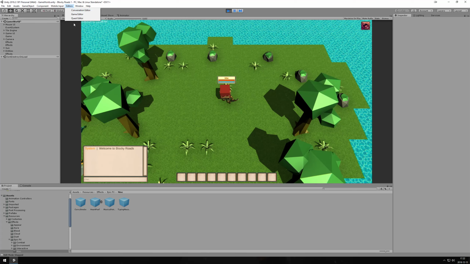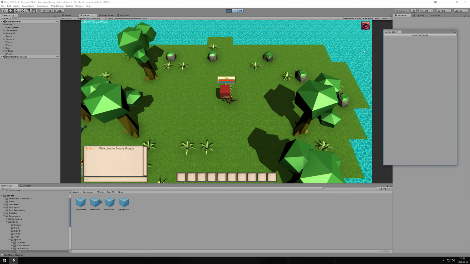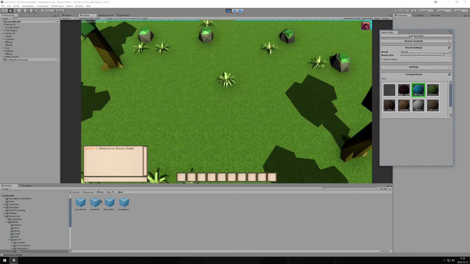There will be more editors like item editor, spell editor. These are the ones that I'm pretty much done with. Not entirely, but so we start with the game editor. They're all Unity editor windows, so they only work inside Unity. So we start edit mode, then our character will go into